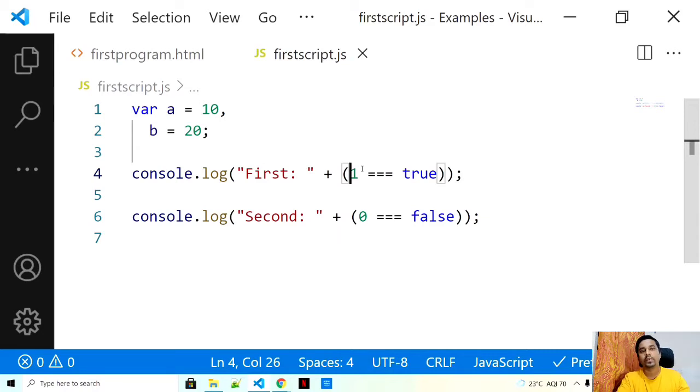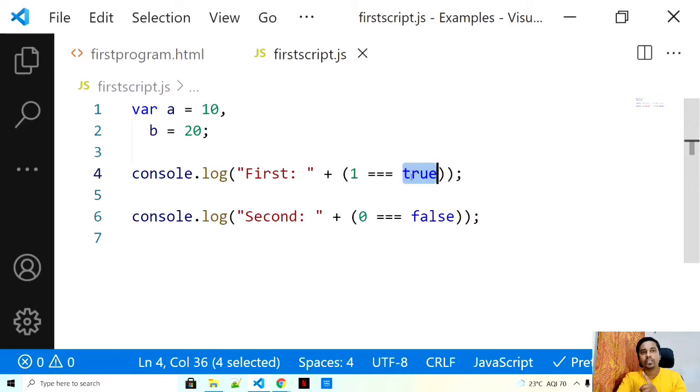Whenever you go through some interviews, any basic interviewer is going to ask you the basic understanding of JavaScript's double equal to and triple equal to. This is the only difference that I'm going to show you right now. So 1 is a number, we already saw this, and true is a boolean value, from one of our videos in the data types series.